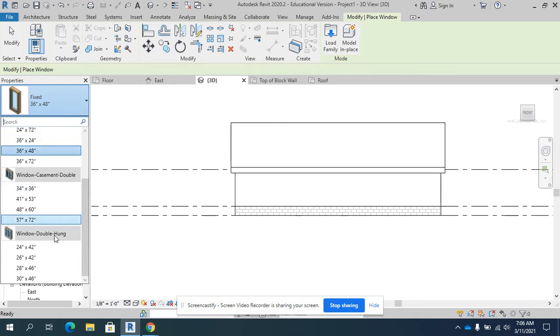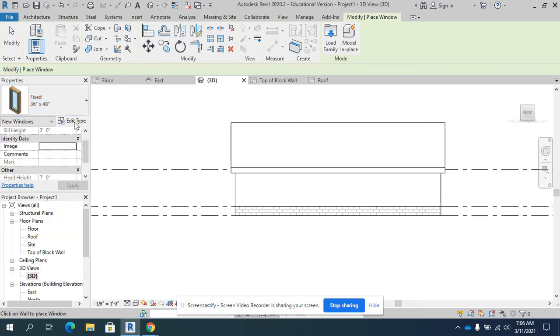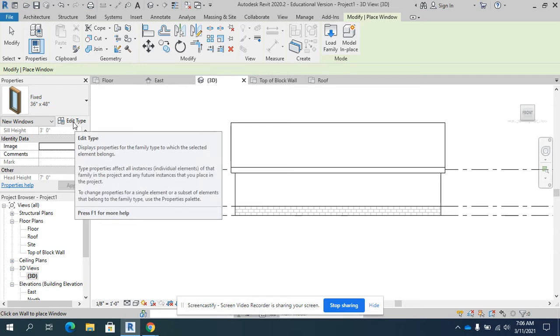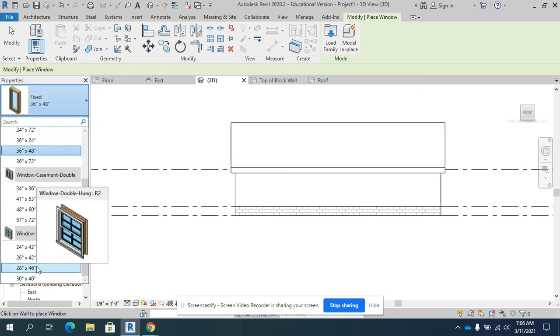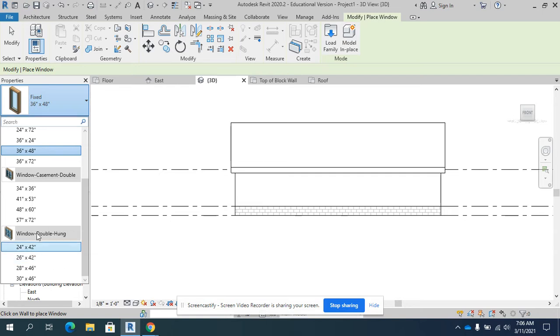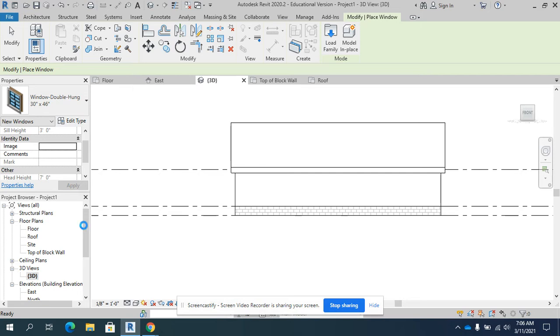So I'm going to go to the window tool and I'm going to select window double hung. If you don't already have that loaded, you're going to have to do edit type and load that from your families. Remember, it's going to be in a folder labeled windows. So I've already got that loaded. Window double hung, and this is a pretty big building. I'm going to go with a 30 by 46, see how appropriate that looks. I can create the windows